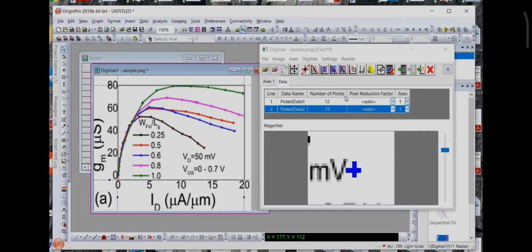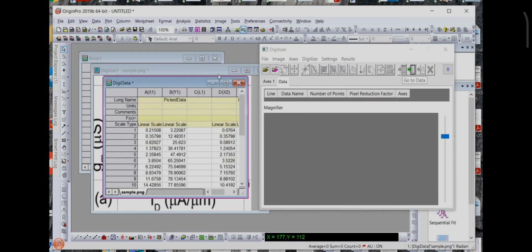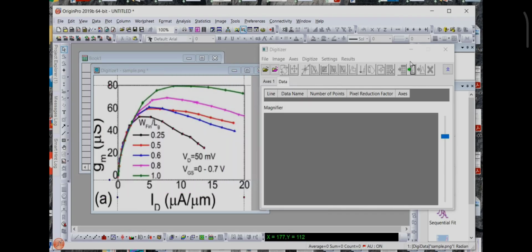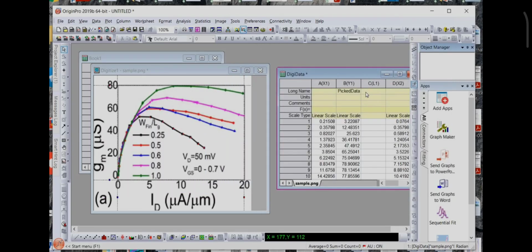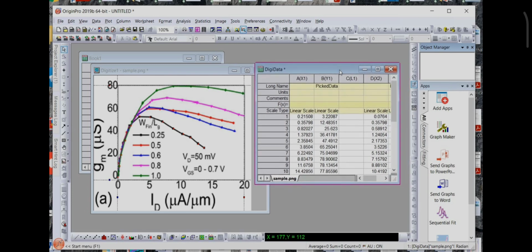If you want to extract the data, now you have to go to the data option. Click on it. Finally, you will get the data. You have extracted the data. Now you can compare this data with your data. If you want to give the same name in the extraction, it is ID and the unit is this. In the long name, you have to select ID, unit is,